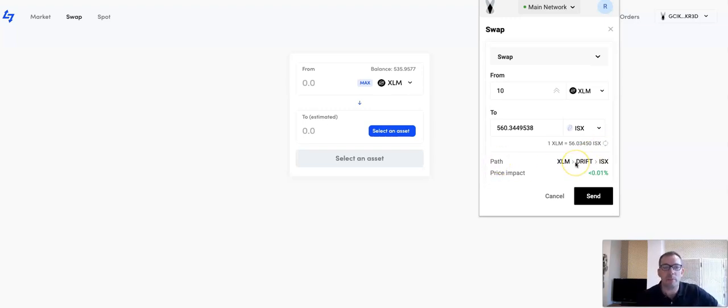And this is going to tell you the pathway that it's going to go through. So here, because there's liquidity in the liquidity pools between XLM and Drift and ISX, the pathway it's choosing is through Drift because there's liquidity in both of these assets on Drift, right? So the actual swap itself, Horizon is choosing that as the best route to go through, yeah, and you are getting a good